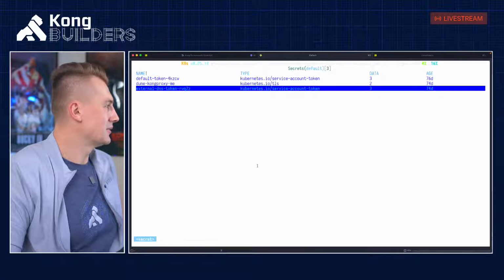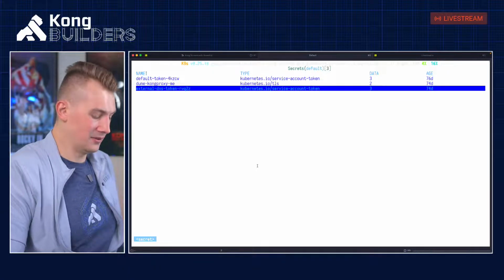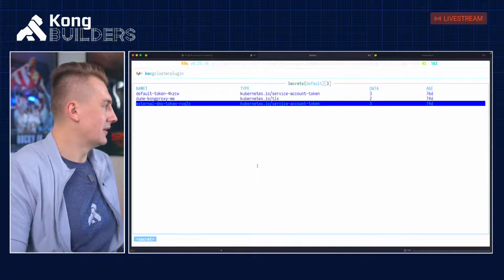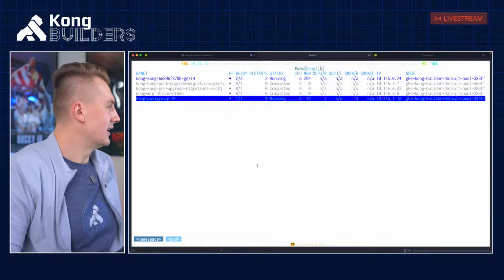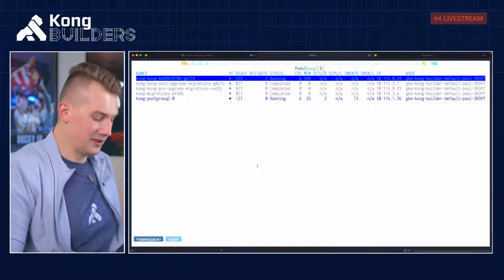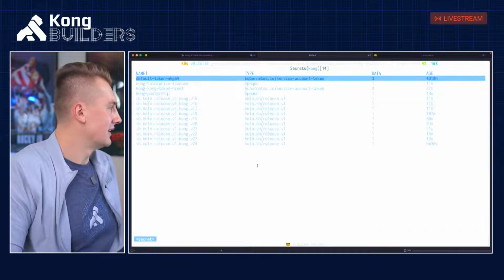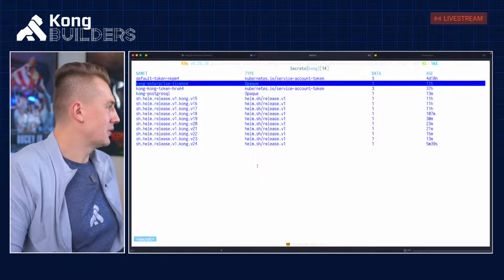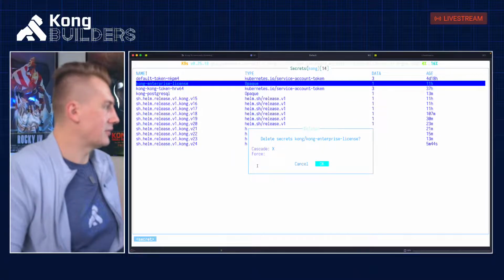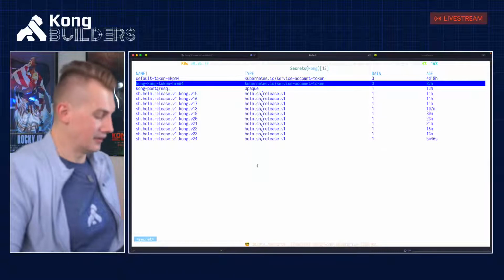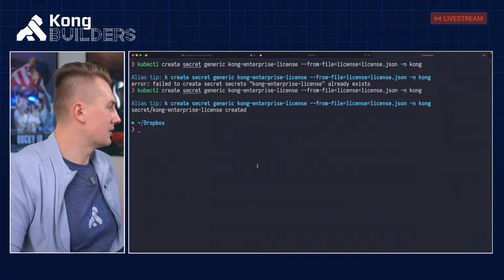Default token, it's a TLS certificate. Now I will go into the Kong namespace. And with this, I just do a secret, kong-enterprise-license. I'm gonna delete the old one just to make sure that I'm using the right license. Okay, so going to create this one.